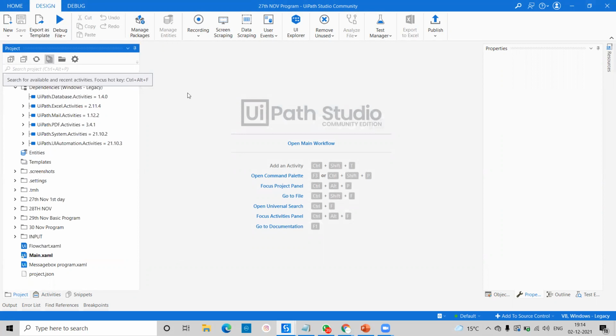Okay, so today we are going to automate this web-based application. So what we'll do first, here you can see is the dependency, and here we have to create some new program. Okay, so how to go for that? You can see here this is the new, we are getting new sequence, flowchart, and state machine. Okay, so these are the three types of workflow, and you can say sub process. This is the types of program where you're able to create sequence, especially for a small project, and flowchart, especially for small as well as large program.